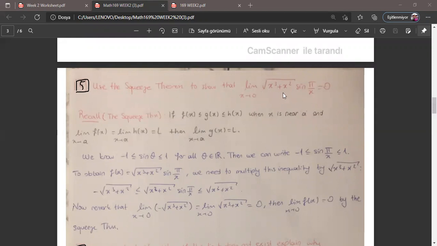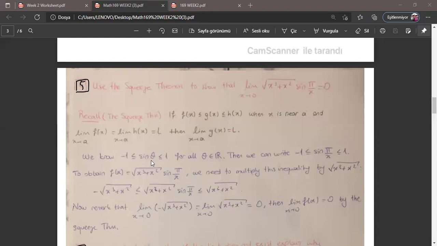Here we can see this function as g, right? Because we want to mention its limit. We want to say that the limit of this function is equal to 0. So here L should be equal to 0. We need to find two functions, f and h, whose limits are the same. They should be equal to 0. So we will use this